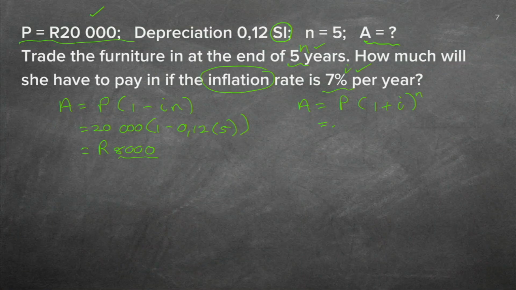So I'm going to put in the amount of money, 20,000. 1 plus the interest rate here is 7%. Now I'm just going to write it here. 7% is 0.07. And if you're not sure, you move your comma 1, 2 spaces. And then you know there must be 2 decimals after the comma. Do not say 0.7. Then you're going to get a wrong answer. 0.07 to the power of 5. And if you click all of that on your calculator, you get 28,051 Rand and 3 cents.